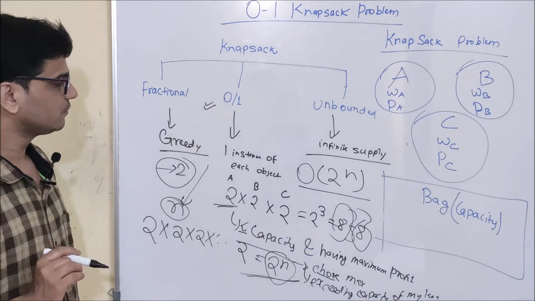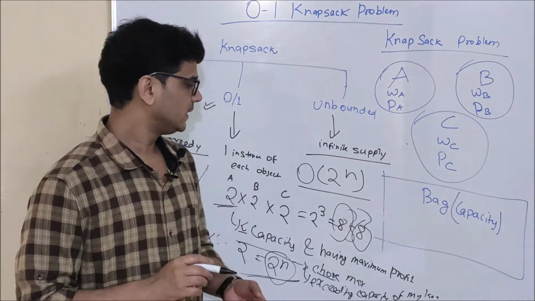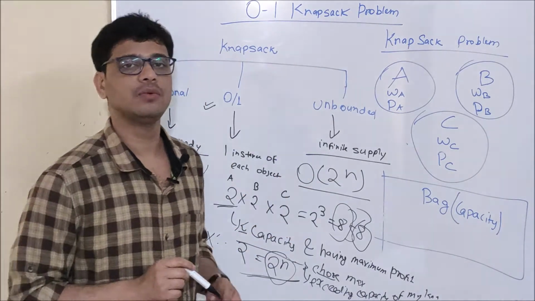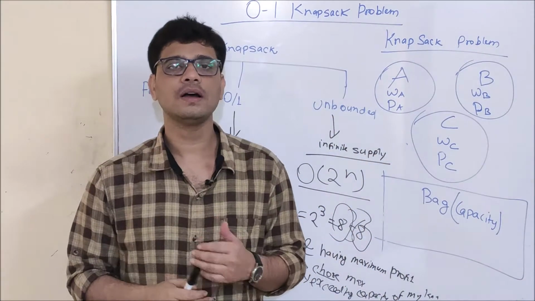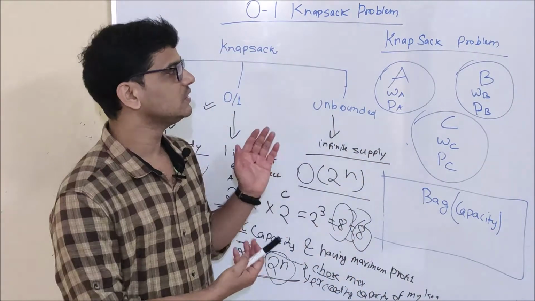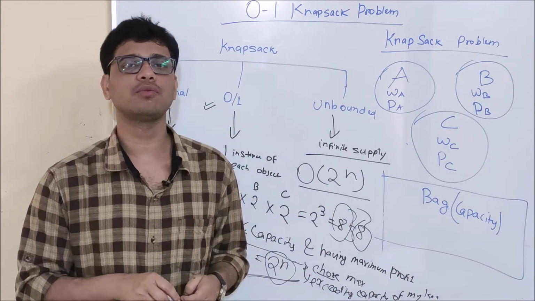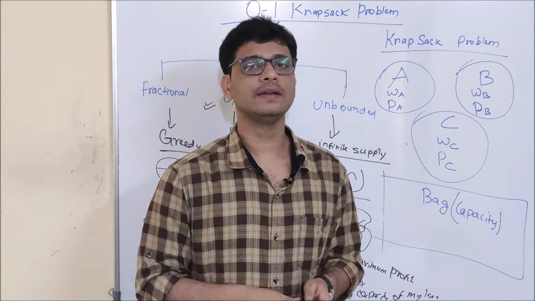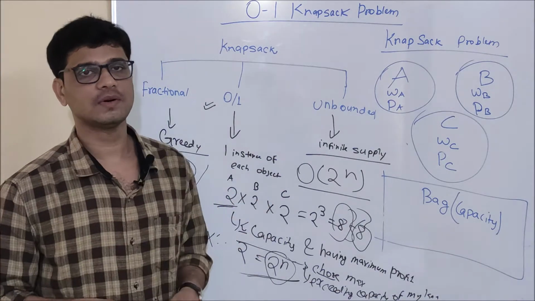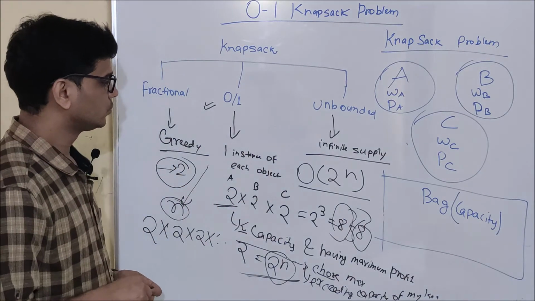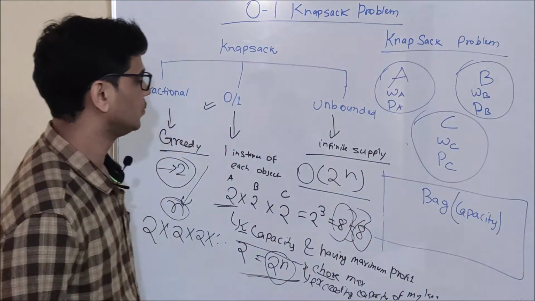That is, the brute force solution for the knapsack problem, the 0-1 knapsack problem, is an exponential solution. But can we afford it? No. So what are we going to do next? We will look for an optimized solution. And as this is a dynamic programming series, we are going to see whether we can apply dynamic programming here or not. And if we can, then in the coming videos, we will write a top-down approach and a bottom-up approach for the same. Okay. So now, what we are going to do is write a recursive solution for it.